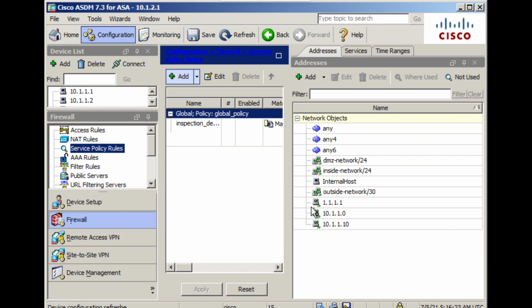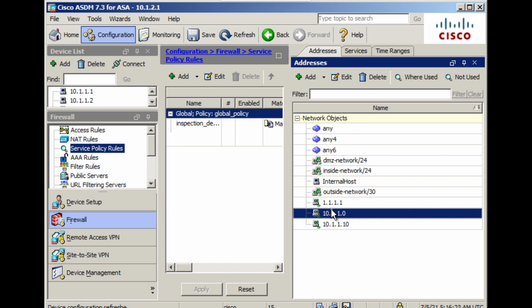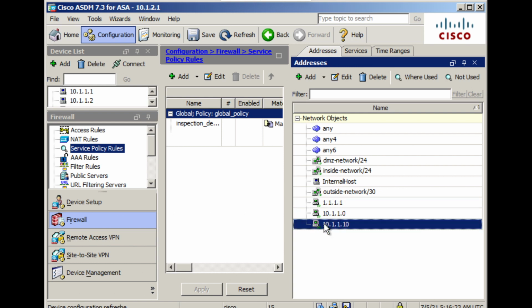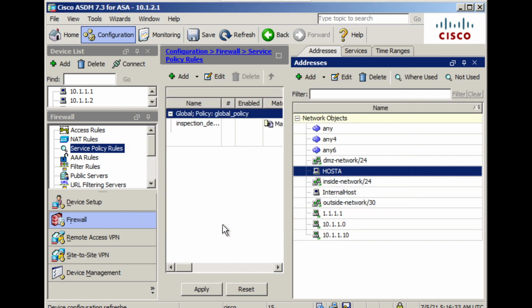Okay. See here, these things, even though I have not created them, did I create 10.1.1.0, 1.1.1.1, 10.1.1.10? I did not. So I started referring to these individual addresses in my CLI. Automatically, the respective objects got created in your ASA. See here, I just edit this one. See, this is a host. I can give a name for this if I want. Host A. I can create it. So this will be so simple, right? Host A, I just created this one.